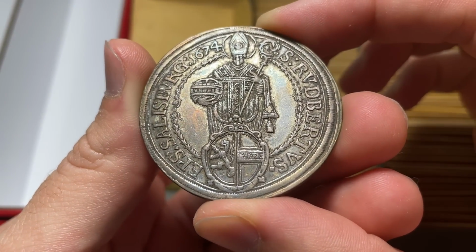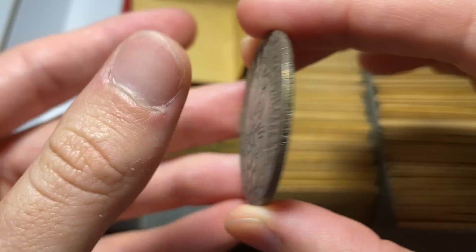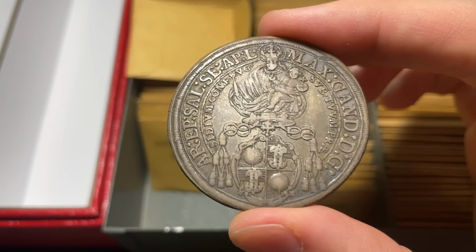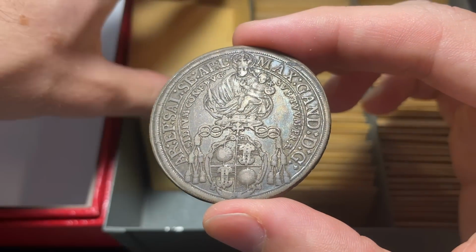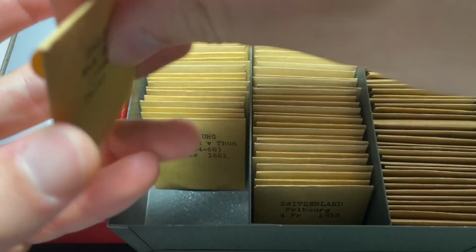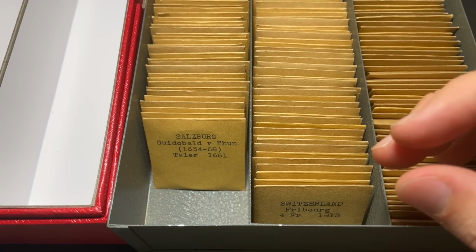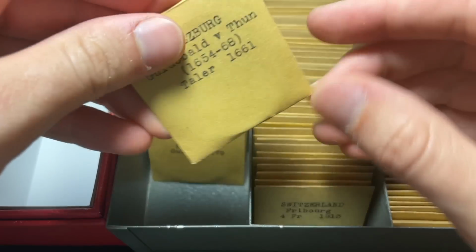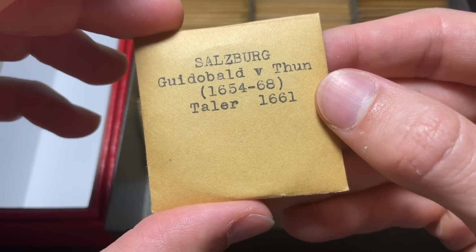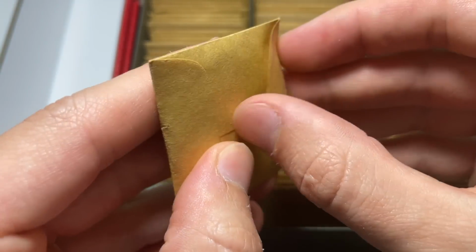Beautiful, beautiful item. Appears to be a bishop. I'm going to have to do a bunch, I think, of short form content, maybe teasing this as it comes out, but a beautiful Thaler to start. And it's important to handle these coins properly, but also confirm what is inside. A 1661 Salzburg Guidobald von